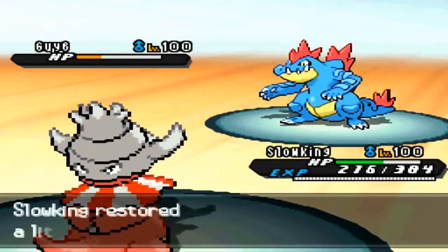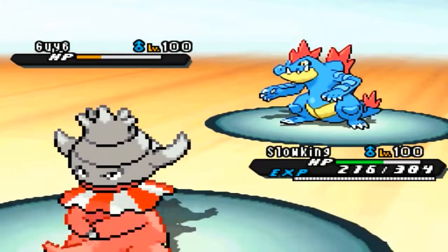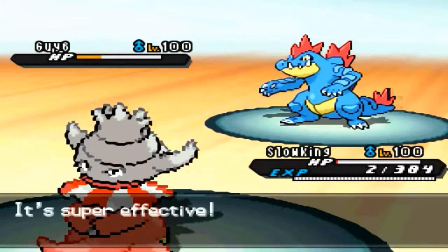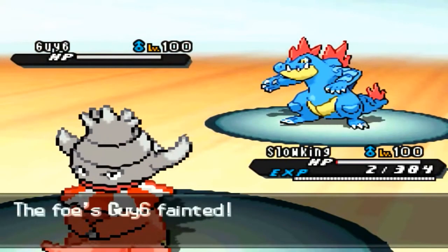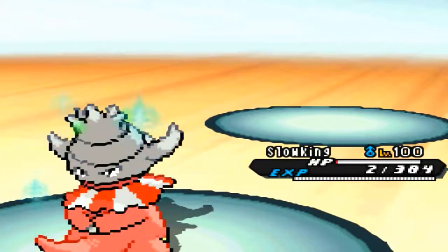I do have a Brick Breaker on this team because I myself do like using screens and know how effective it is, so I like to have something with Brick Break, but I'm not going to be able to switch it in because his name is Scyther, and I cannot switch him in quite yet, so I'm just going to kill off this Feraligatr with another Hidden Power Grass, and it takes me down to 2 HP with a Crunch,